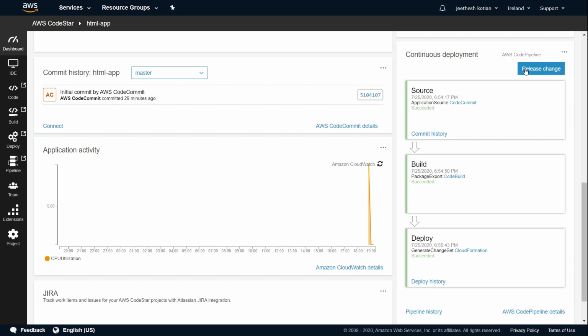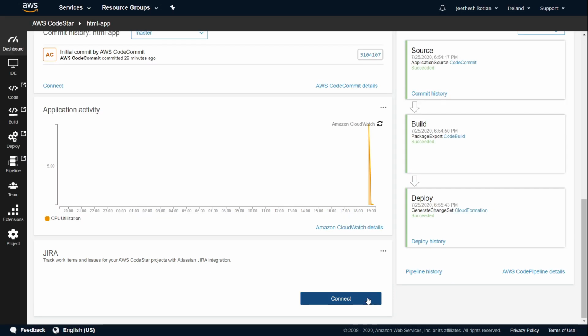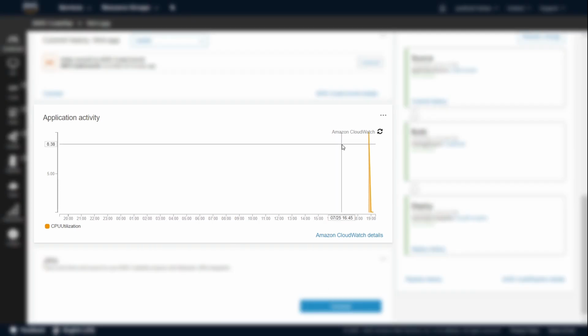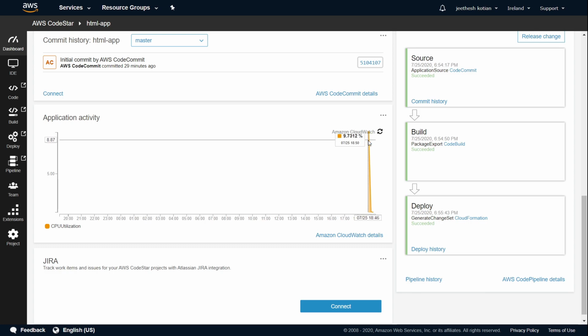You can also create a release of your changes just by clicking on this button, and this will auto deploy your application to the servers. You can also integrate Jira with this dashboard. If you have an Atlassian Jira, then you can just go ahead and connect your Jira right here. And you have the application activities going on here from the AWS CloudWatch, which you can monitor anytime from this dashboard.